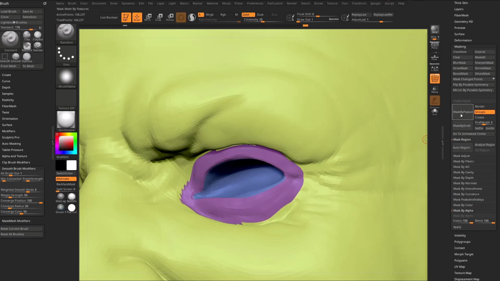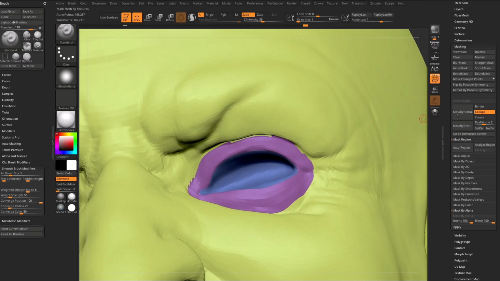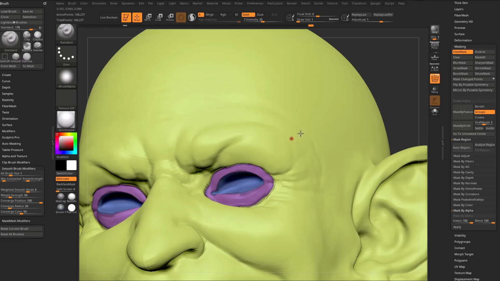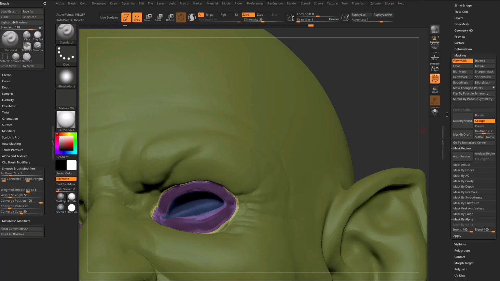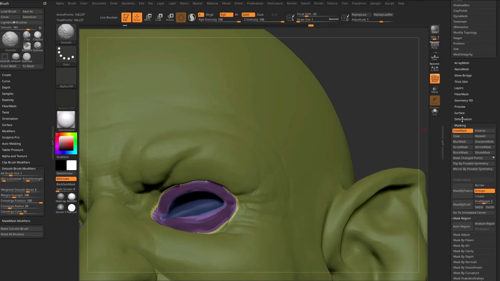Underneath Masking, there's a Mask by Feature. You can change this to Groups, so you can mask your group's border. If you click that, all of your group's borders will be masked. You can Control-Tap to invert that, and then you can go down here to Tool, just above masking is Deformation,